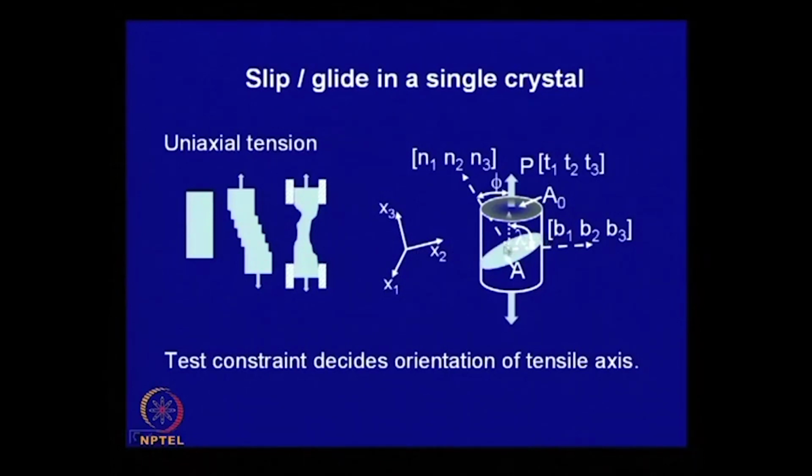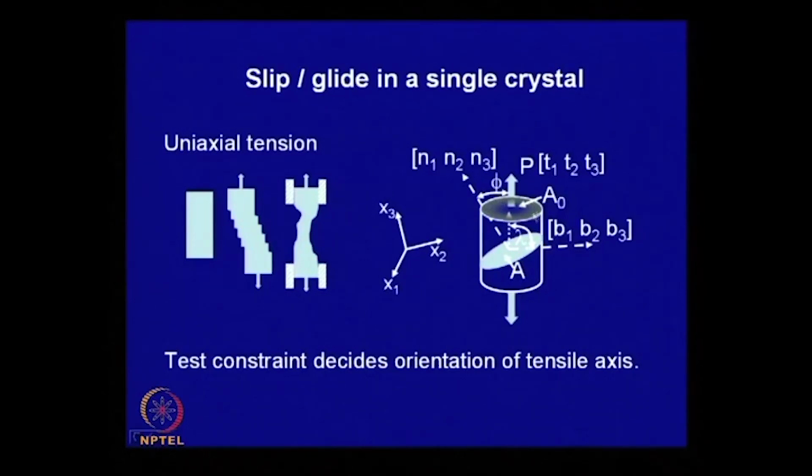Let us say this is a slip plane, usually represented by its plane normal. Let us say this is the plane normal, and n1, n2, n3 represent the unit vector along the normal to the slip plane, and let us say its initial area is capital A,